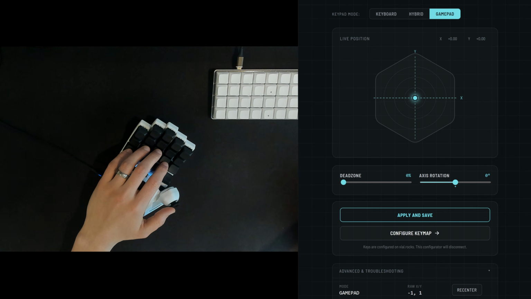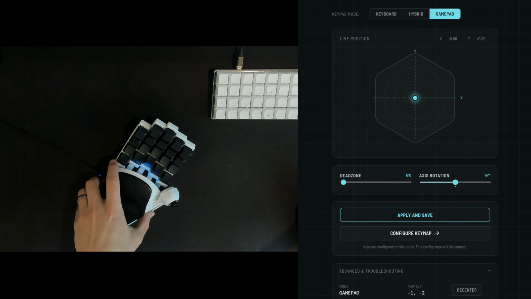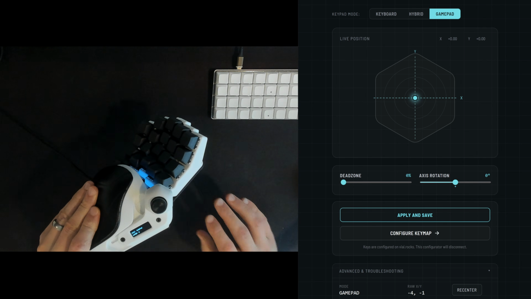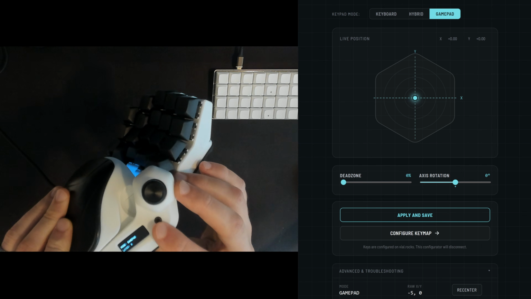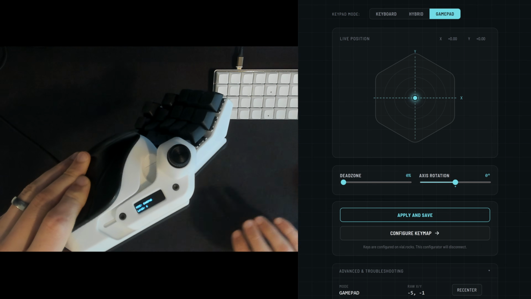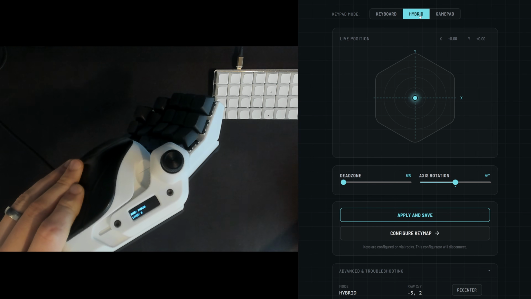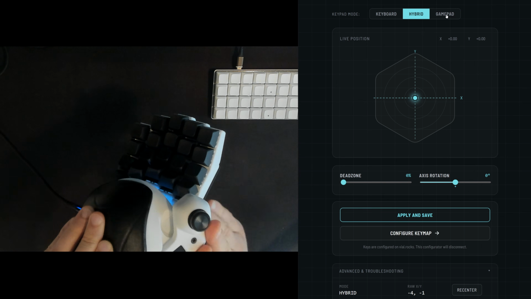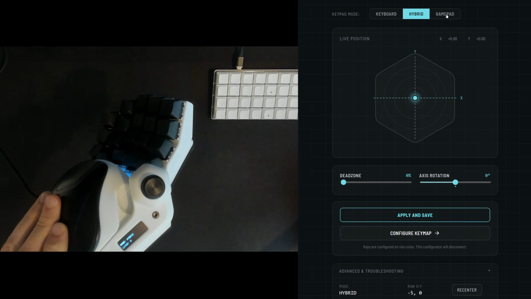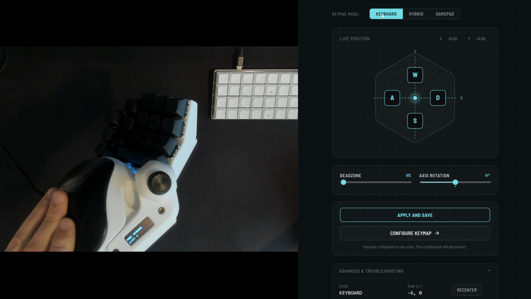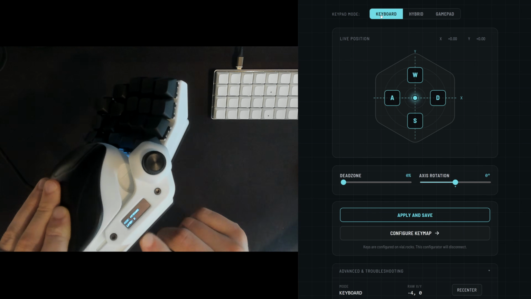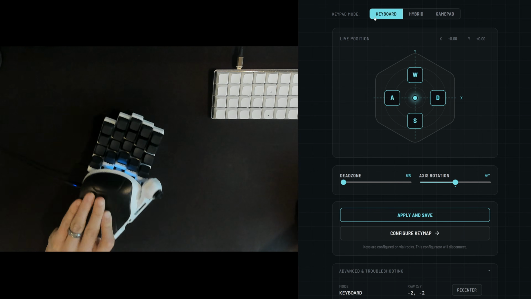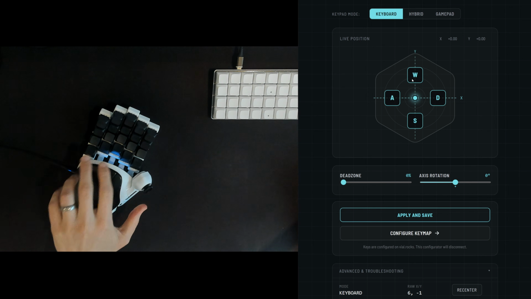And I think the coolest part about this web configurator is that when it's connected to your controller, it talks directly to it. So I don't know if you can see here on the display right now, it says gamepad mode. So when I switch this modes, you see it actually changes. So you don't even need to dedicate a button here if you're cool with controlling it from here. And you see it switched to keyboard mode right now. And these buttons showed up,